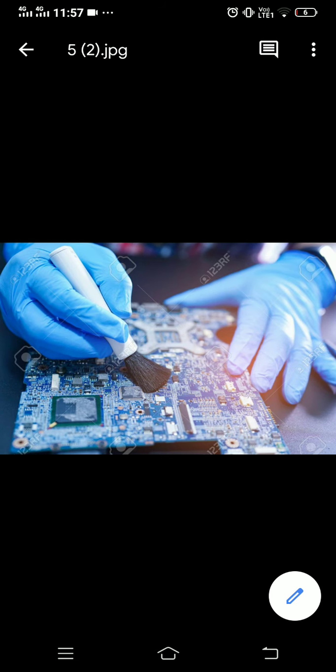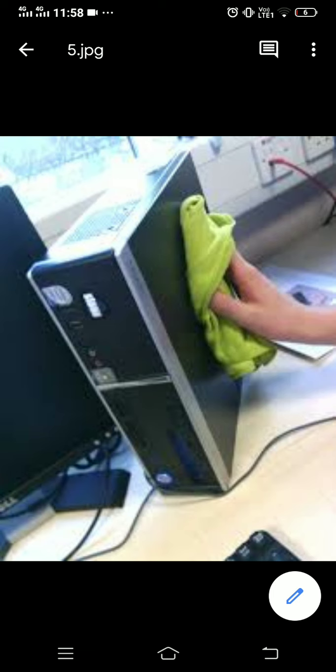And the internal parts like your motherboard and the hard disk should also be cleaned with the help of a clean brush or a vacuum cleaner. A static vacuum cleaner is the best way to clean the internal sensitive parts of the computer. Then you have the cabinet. Again, we are using a soft piece of cloth and just wiping it, the back side of the cabinet as well.